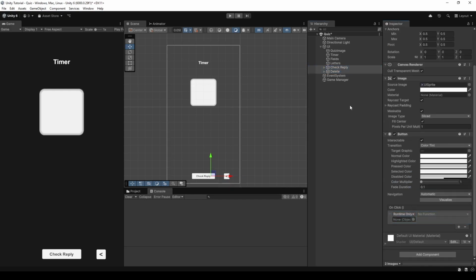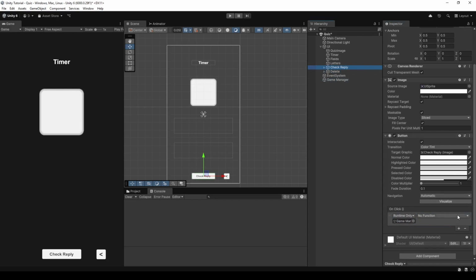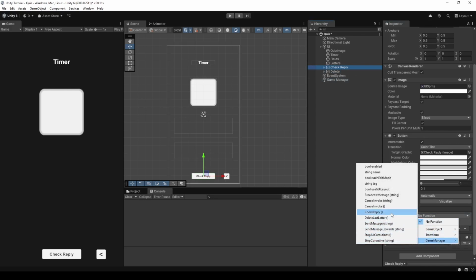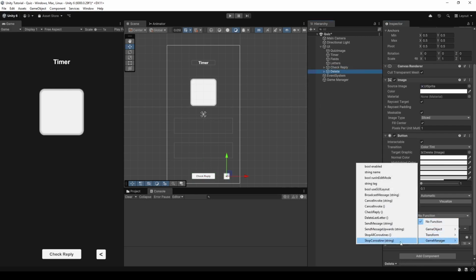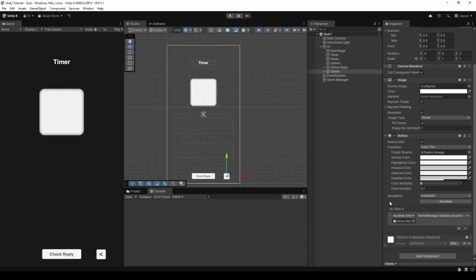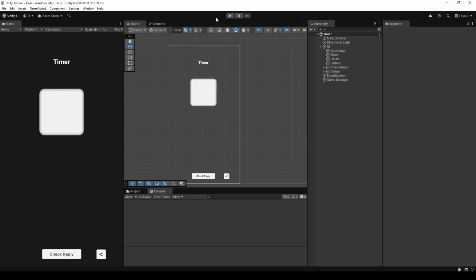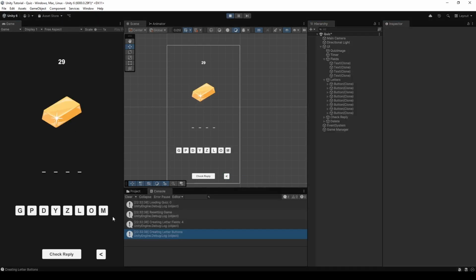Select both of them, then assign the game manager. So for the check reply, we need game manager, check reply. For delete, game manager, delete last letter. And then we hit play. So as you see, loading quiz, resetting the game, create letter fields, creating letters button. So if we say, for example, gold,